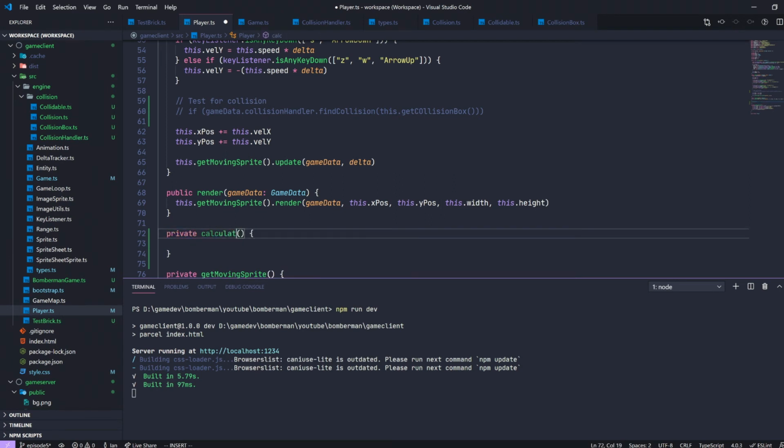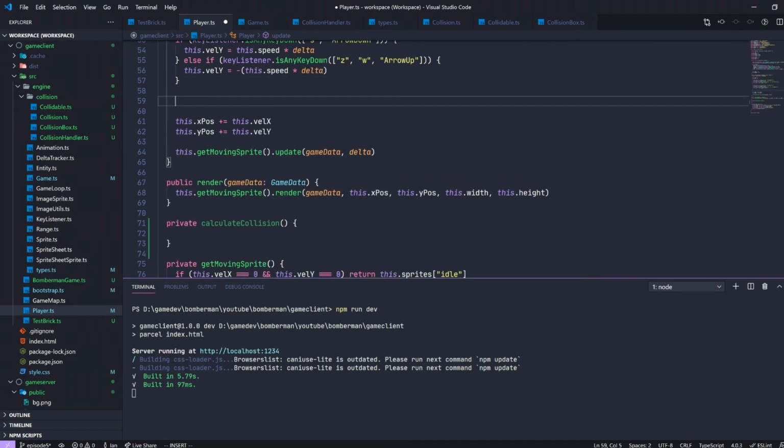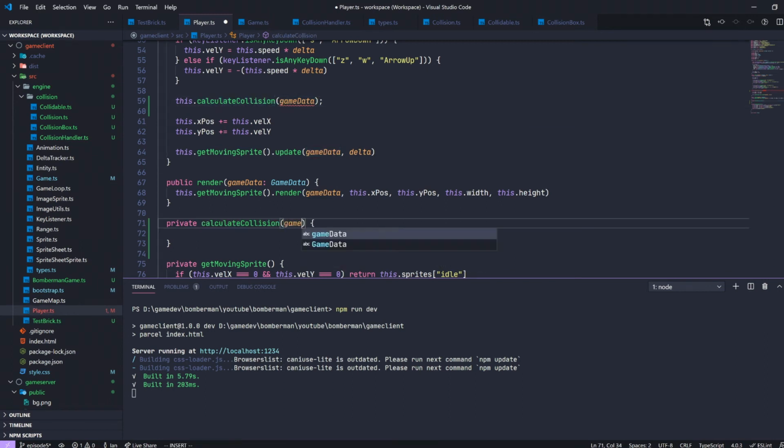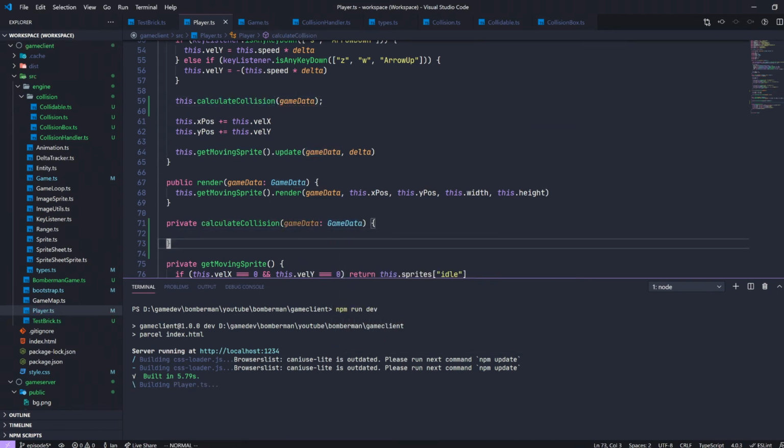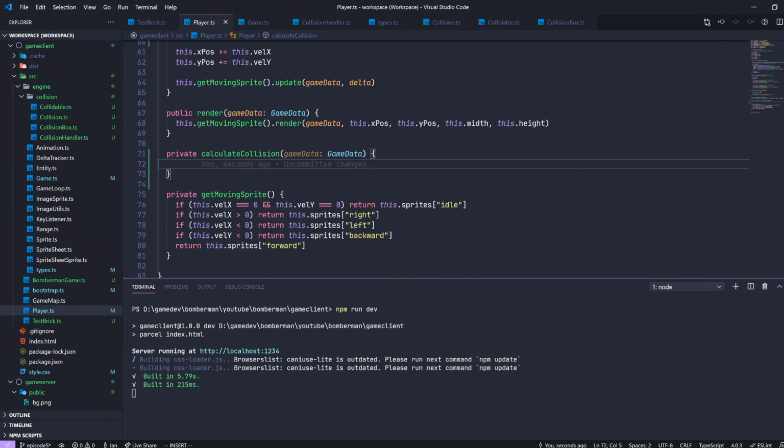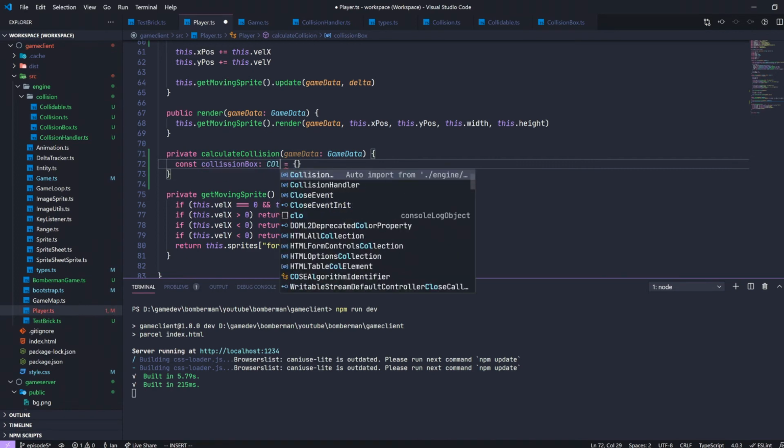And we'll just calculate collisions. We'll just say this will calculate collisions. And we're going to pass game data because it needs game data for the collision handler. Now we'll get the player collision box. The const collision box equals, to make it simple, just make it a collision box,